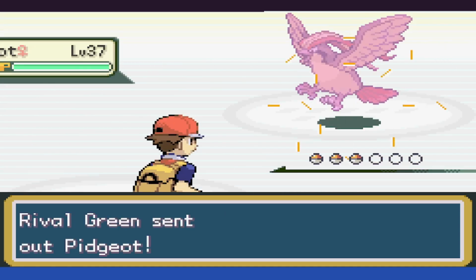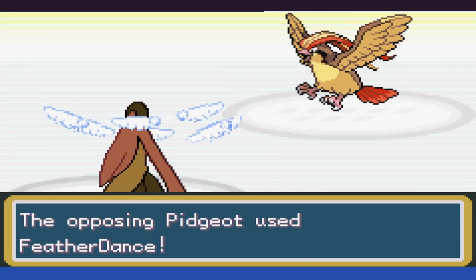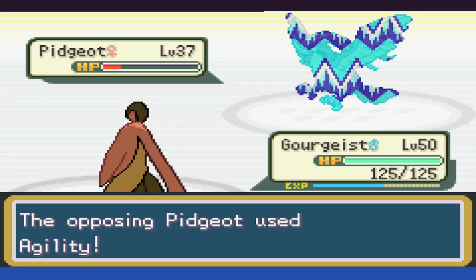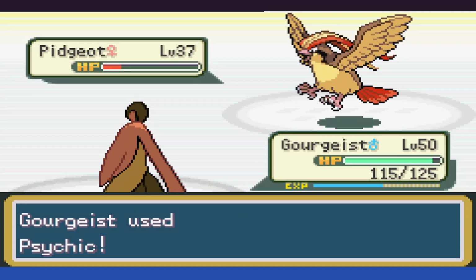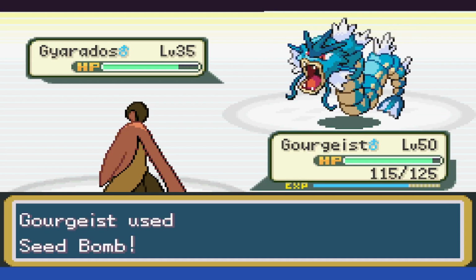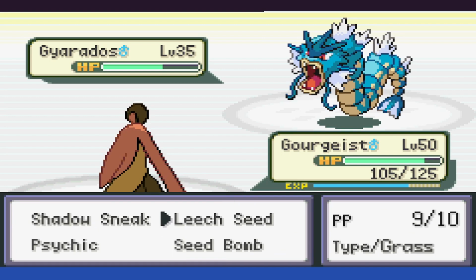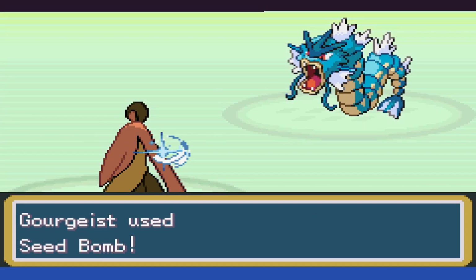Pidgeotto's first, so we use Psychic, taking it to not even half as it uses Feather Dance. We can take it to red with another Psychic. Twister hits us for a little bit of damage, but we can go ahead and take it down. Next is Gyarados, and we test damage with Seed Bomb, which isn't doing much. And Ice Fang is doing solid damage, so we Leech Seed it. After that, we swap back to Seed Bomb, take it below half, and then a Shadow Sneak takes it out